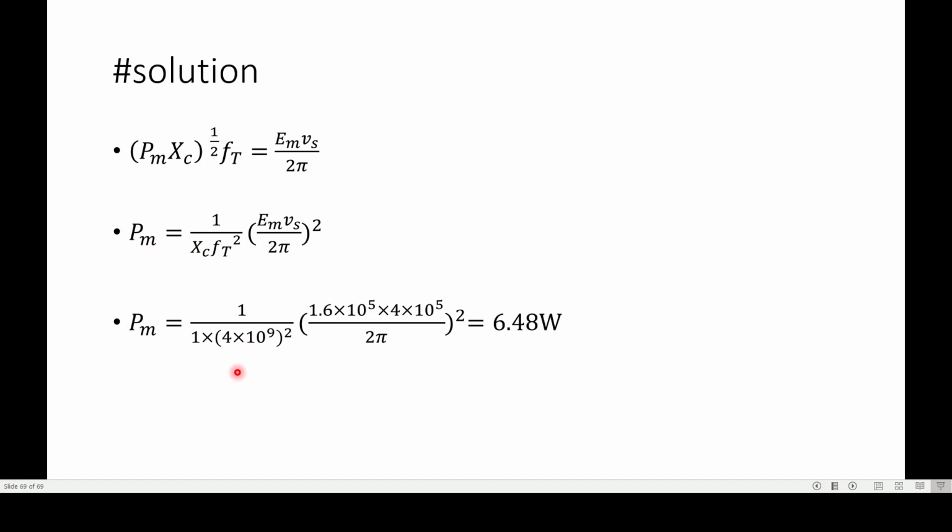Here the given Ft is equal to 4 gigahertz, that is 4 into 10 raised to 9. We know that the maximum electric field is 1.6 into 10 raised to 5, and the saturation velocity is 4 into 10 raised to 5. After simplifying this equation, you will get the power as 6.48